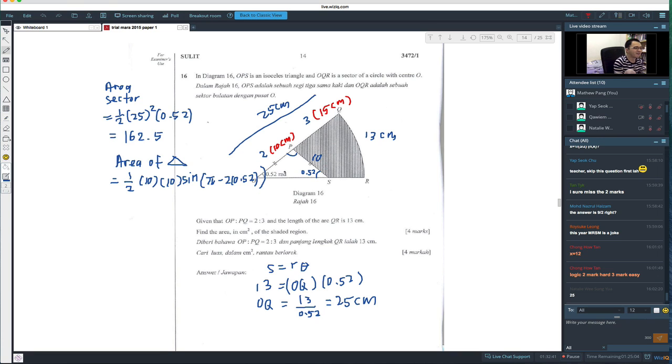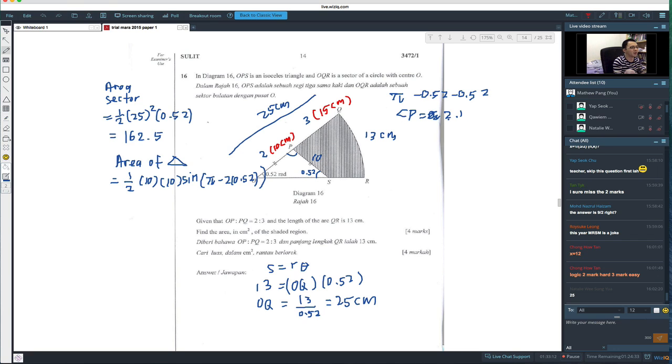Okay? Or you can find this angle first. Because for the one triangle is 180, right? 180 we call it pi in radian. So you minus 0.52, you minus 0.52. But I simplify, say pi minus 2 0.52. Okay, so pi minus 2 multiple 0.52. So the radian, the angle for P, I guess should be 2.1